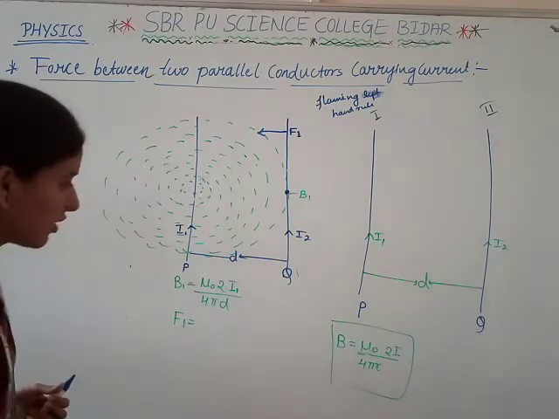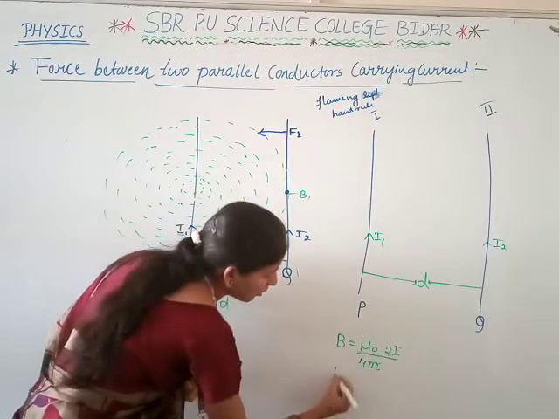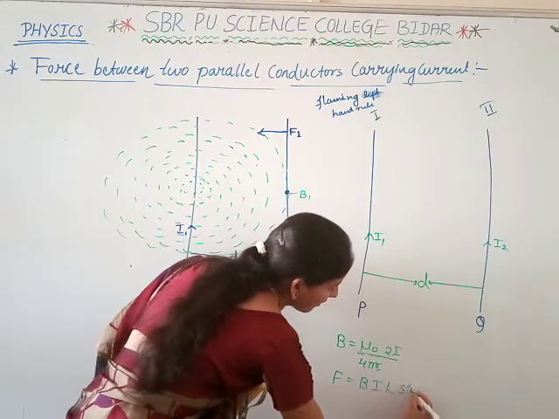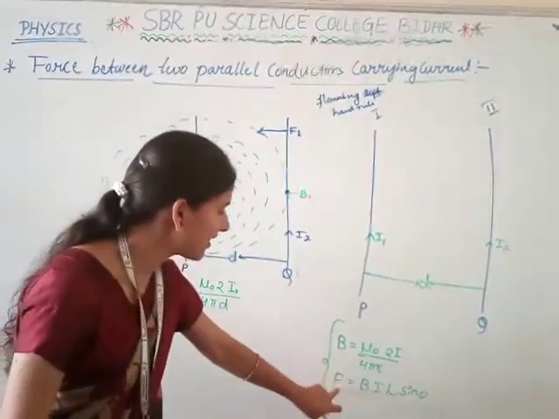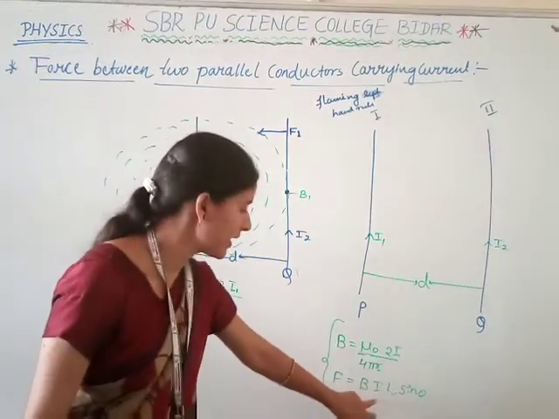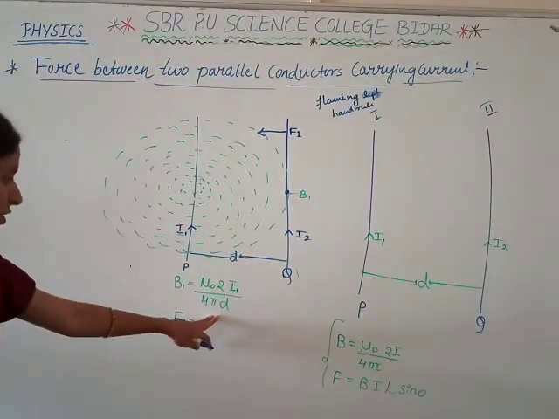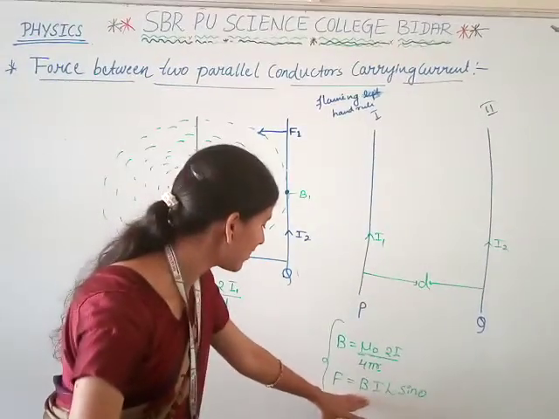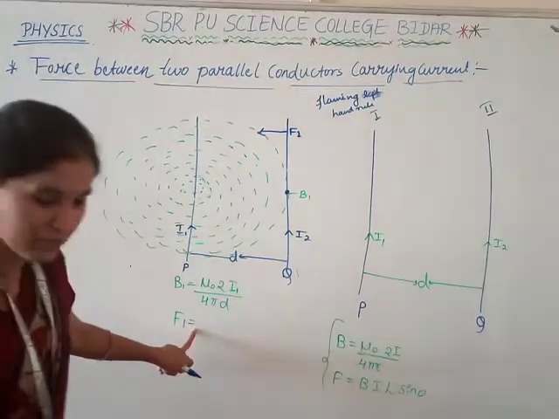we know the formula, through any conductor, the magnitude of the force F is equal to B I L sin theta. We know the general formula of magnetic field and force. Through any conductor, the magnitude of the force is F is equal to B I L sin theta. Okay. We know the formula of a force when the magnitude is present here. Means what we have to write? We have to write F1 is equal to